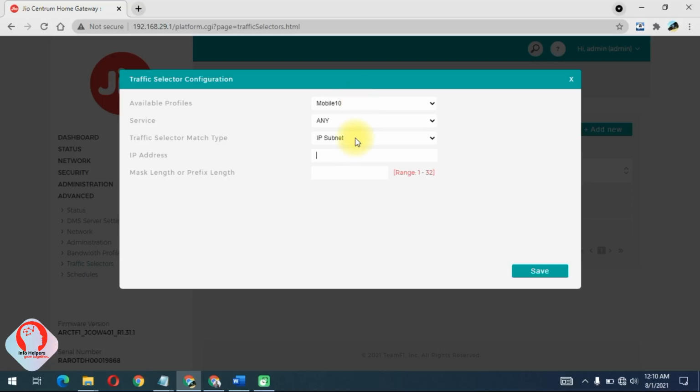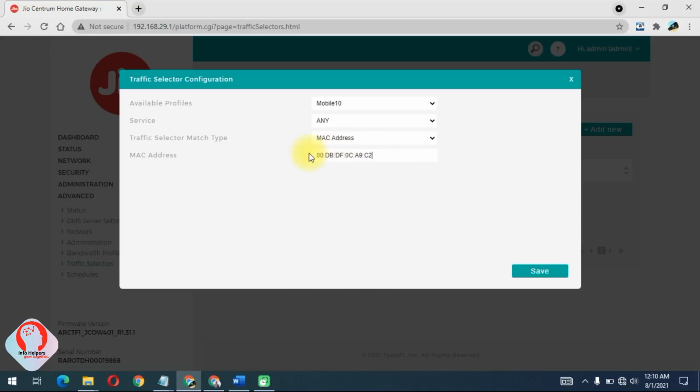As I said, we should know the IP address, subnet or MAC address of the device. If you know the IP address of the device which you want to restrict the bandwidth for, you can enter the IP address here, with the maximum preferred length. If you know only the MAC address, then you click on MAC address and paste it here.